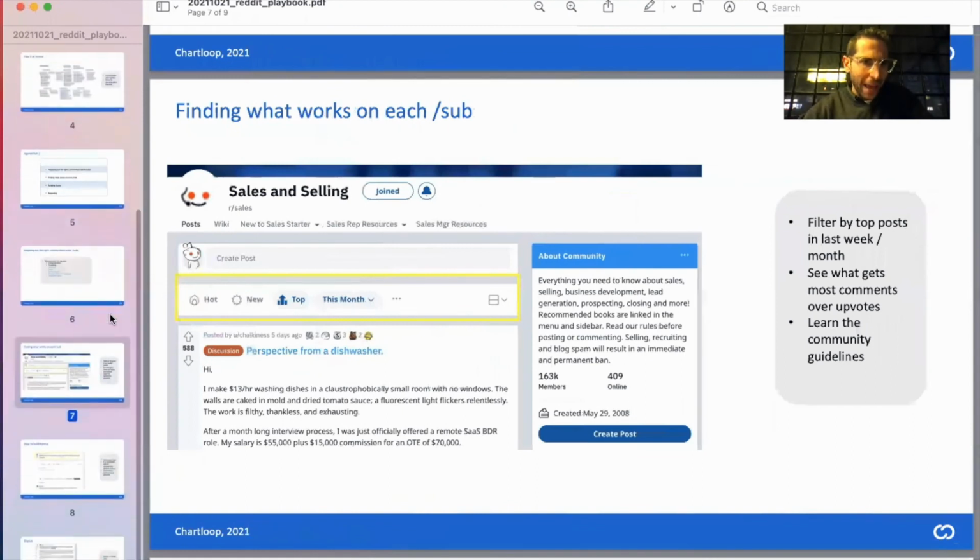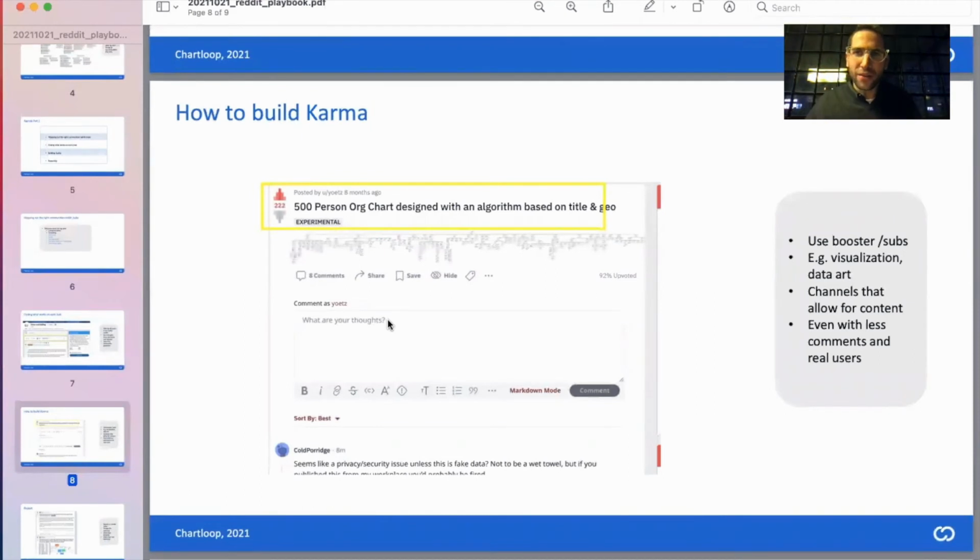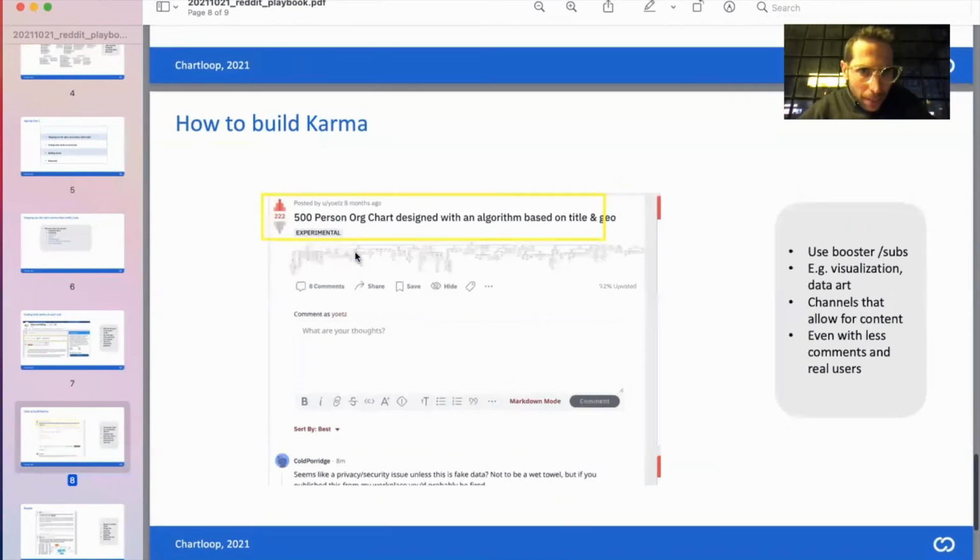Now, moving on. How do I build up my karma? Right? So it could be that you have 0 karma or 5 karma, and a lot of times if you don't have karma in some of these subs, your posts don't really go up. So here's my recommendation. Here's a hack. You can start out by finding some subreddits where it's very easy to post. So for example, you can see here, there's a subreddit called Experimental, where this one is a visualization, where they like seeing all kinds of visual stuff. So if you post here a cool visualization, you're going to get a ton of upvotes. Nobody really cares about who you are or what you are, because that's what the sub is about.